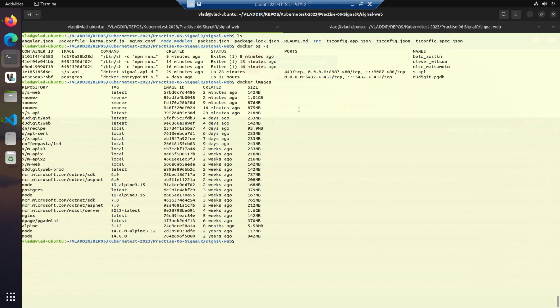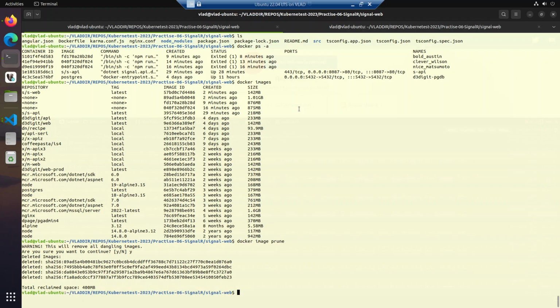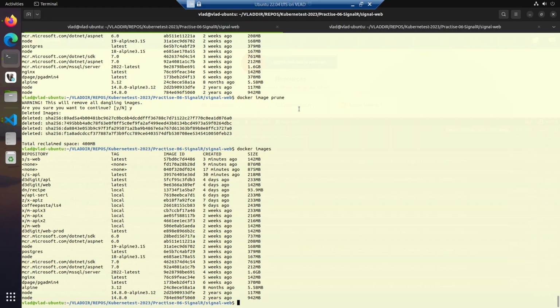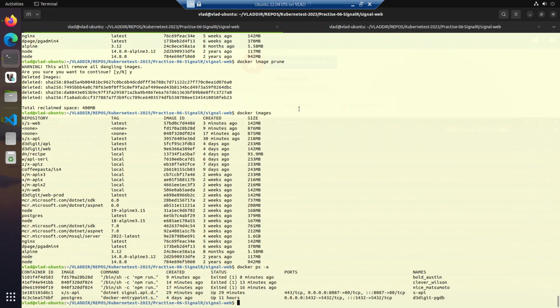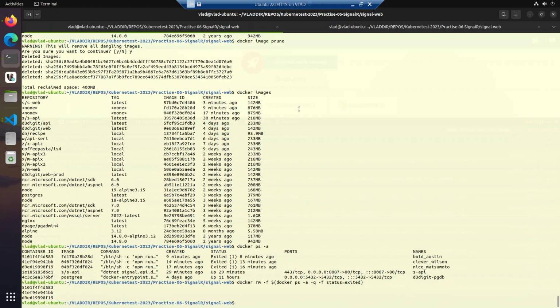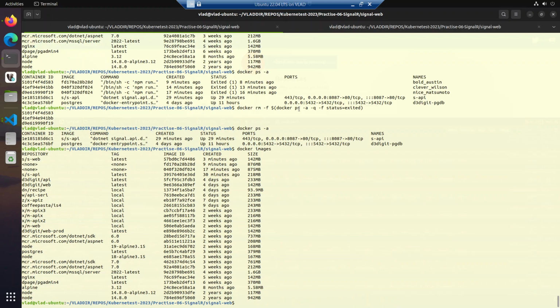All right, so Docker images, we are going to prune our Docker images, and then Docker images again. We want to check our containers. We want to delete the exited ones, docker rm -f for force. And docker ps -aq, filter the status with the status exited. Okay, docker ps, no more exited there. Docker images, we want to prune again. Docker image prune,